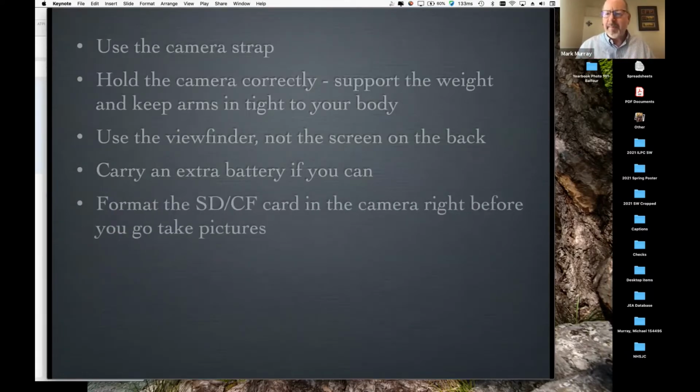This is another one of my pet peeves. You'll notice I have several of these as we go through here. The card in our camera is not designed for permanent storage. It is designed for us to go out and get the pictures that we need, come in, download them to our computer, and then immediately reformat the card so that we rebuild the directory structure on that card. So you want to get your students into the habit of not leaving pictures on that card for weeks or months on end,